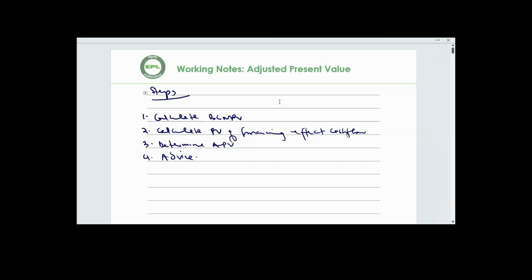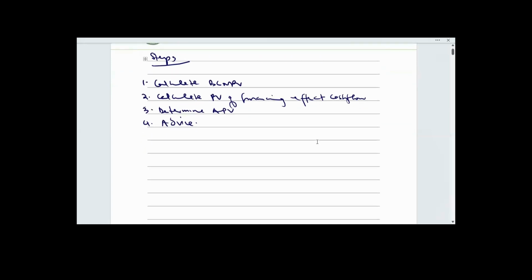However, it would have been very easy for us if we could just calculate APV, base case NPV, just go to the question and pick some numbers, maybe 1 or 2 numbers, add them together and get base case NPV. Or for the PV of financing effects, just do 1 or 2 abracadabra and you get it. Each of them has its own procedure. So let's break it down one after the other. So when you want to calculate base case NPV,